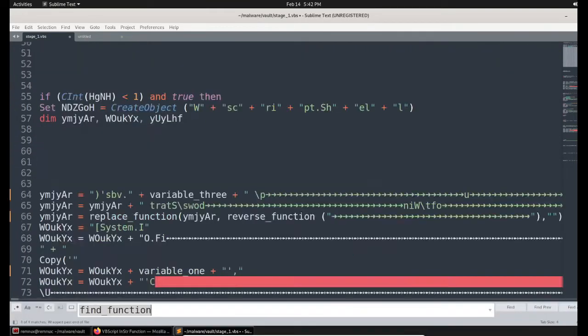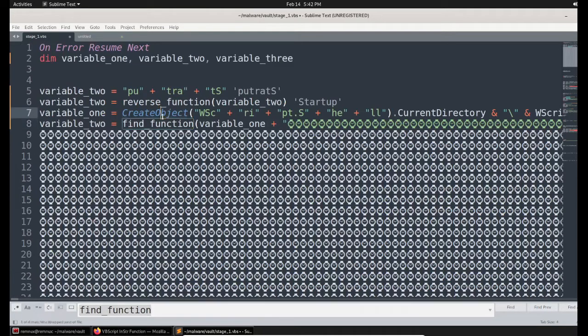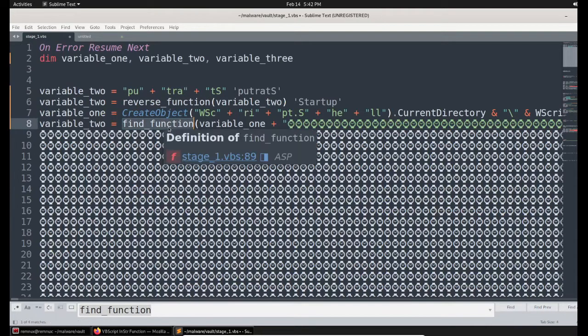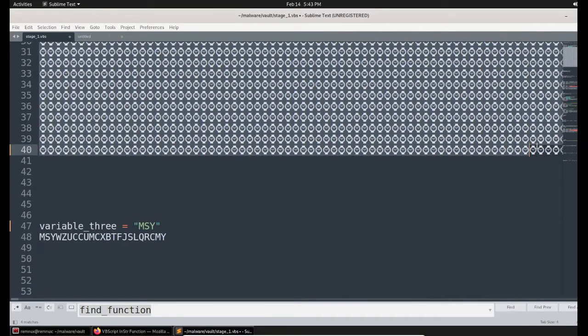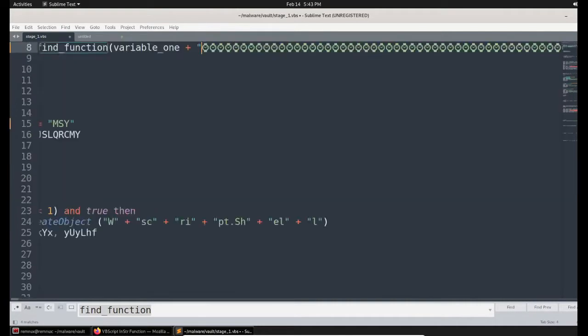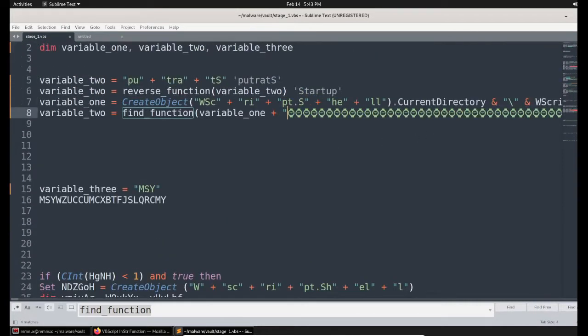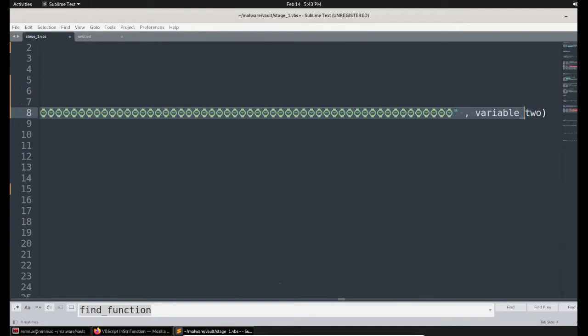Now let me go to the function call. So here is the function call. As we said, the find function will be holding two arguments, and if we see the argument, we see a blob, a bunch of unprintable characters. I'm not sure what it is. It is definitely an unprintable character, must be a blob. So I'm trying to remove these unprintable characters, and let me remove that.